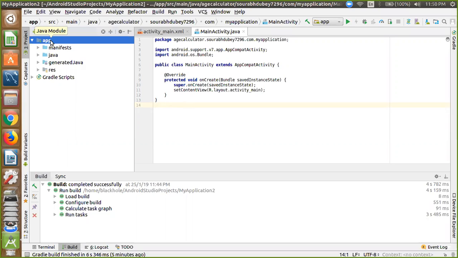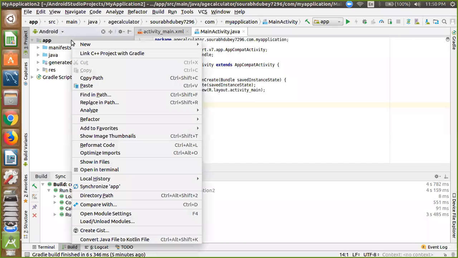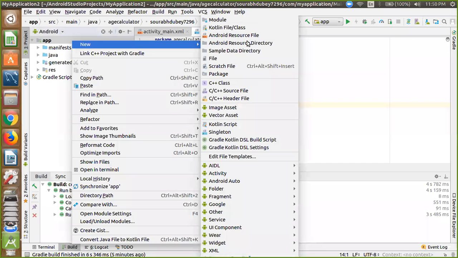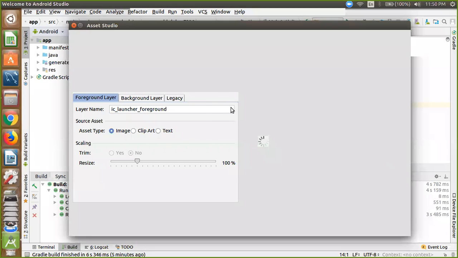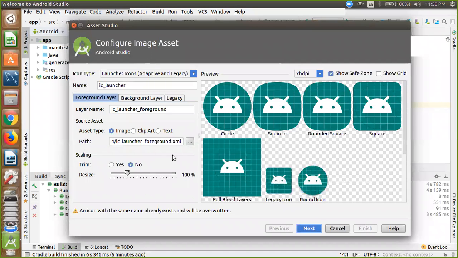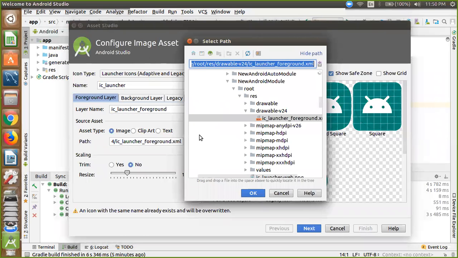First, here you will see the app option. Just right click here, choose the new option, and click Image Asset. Now click on the path. Here are three dots, and now you have to select your